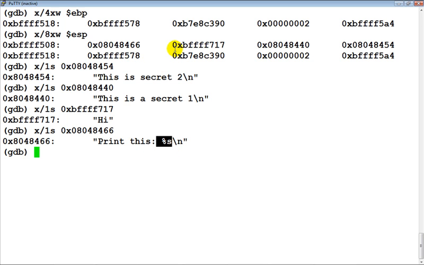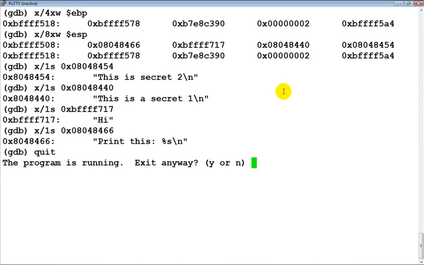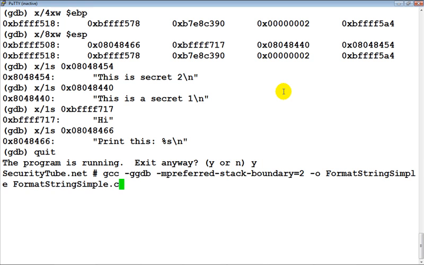So it goes ahead happily and picks up the next 4 bytes from the stack and interprets that as the pointer to the string it needs to print, and then goes ahead and executes. So basically, the format string controls how the printf function will interpret various pointers or other variables stored on the stack. So now with this basic in mind, let's go back, exit this program, and go ahead and